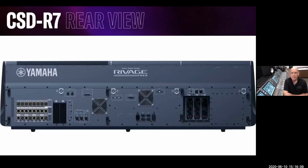Hey, Kevin, I'm going to go ahead and jump in here real quick. We've got a couple questions. Oh, yeah, great. So Philip asked, do you need to run Dante TWINLANE to the surface to use local